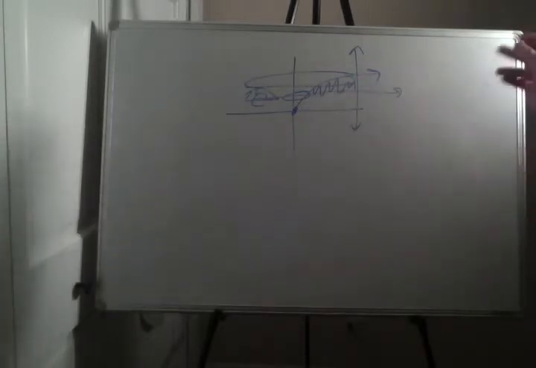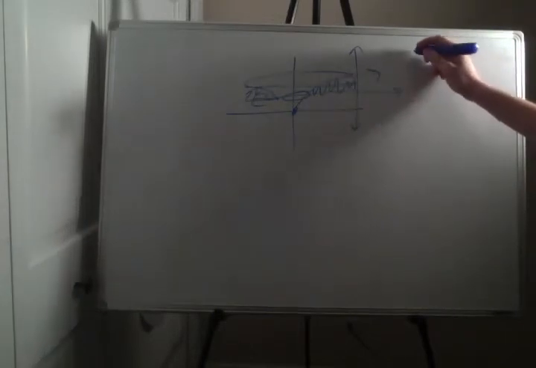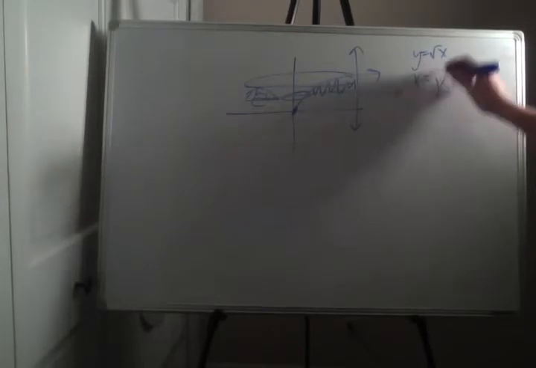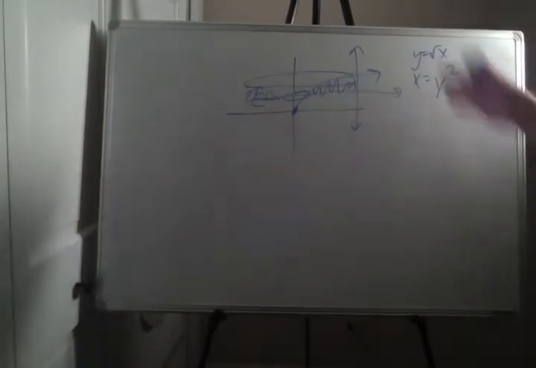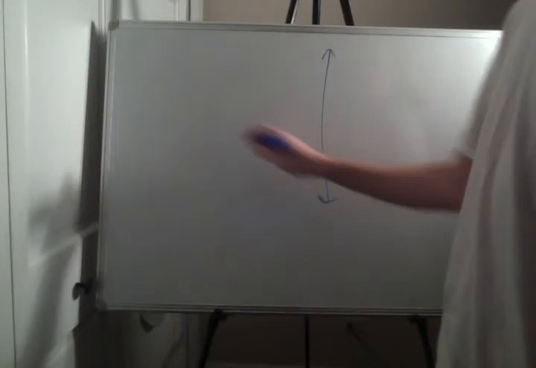You would first have to find these equations in terms of dy, and to do that you would basically have to flip it sideways and think, well, if y equals square root of x, then x equals y squared, and you would have to use that equation instead and kind of look at it sideways. Your calculus teacher should explain that to you. However, with this new method I'm about to teach you, you're not going to have to do that any longer. So